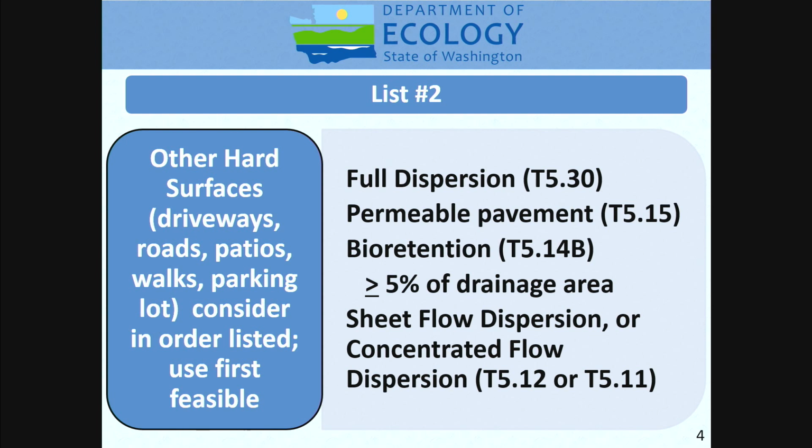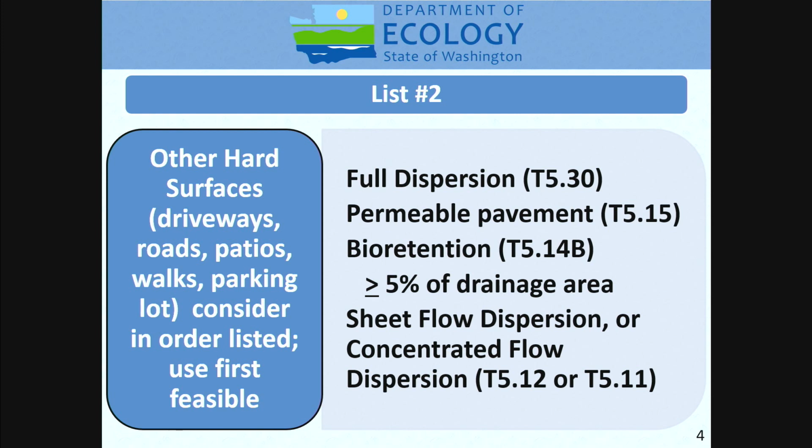The first one is feasible, and you have a list of infeasibility criteria. We thought it was easier to say why you shouldn't install it than why you should install it. So if you answer no to the infeasibility criteria, it's feasible. And you work your way down through the list, through full dispersion, past permeable pavement, past bioretention, sheet flow, and whatnot. And as you're working your way down that list,